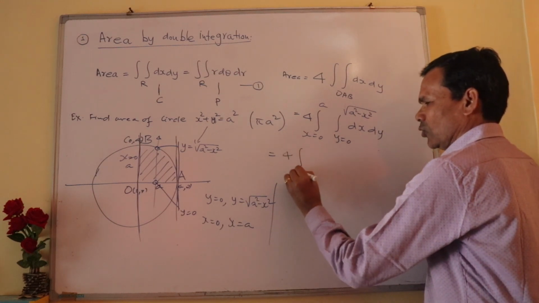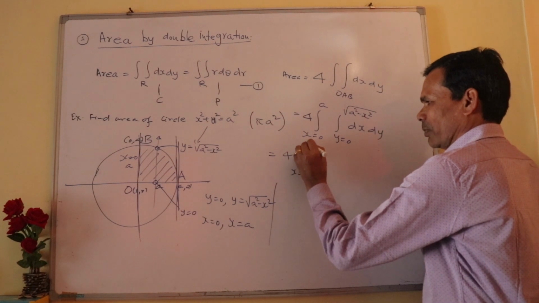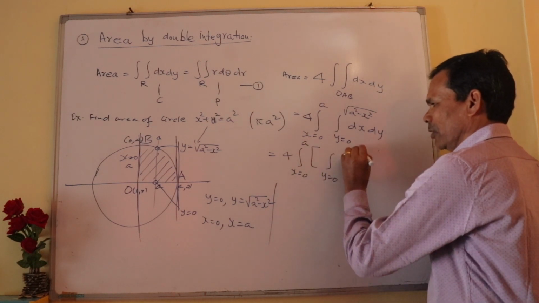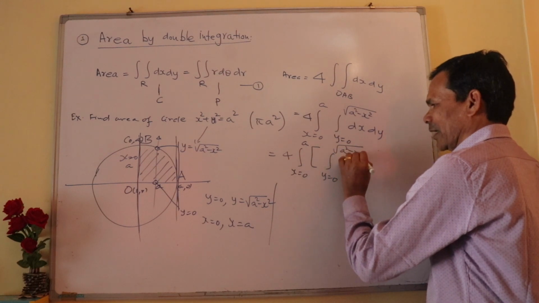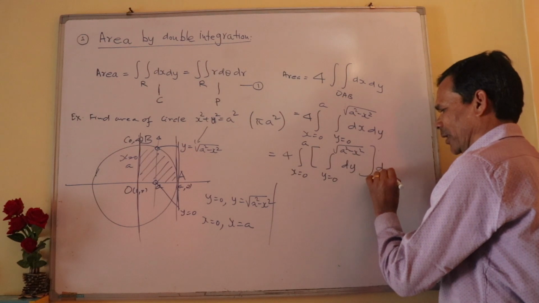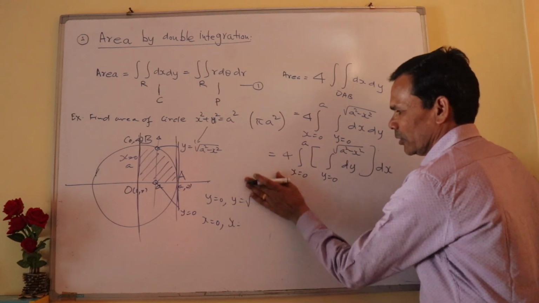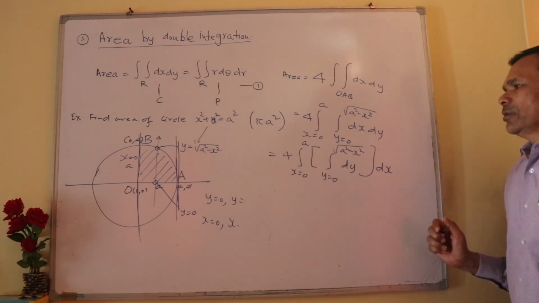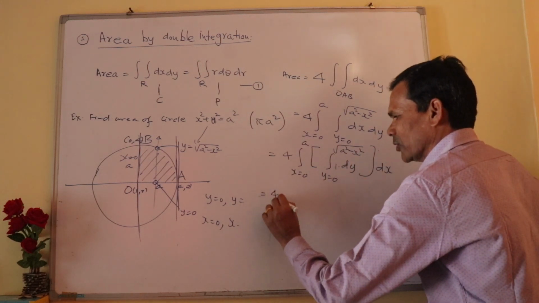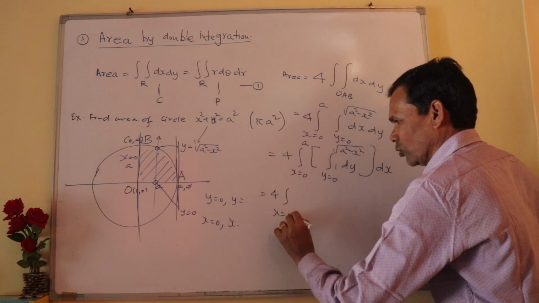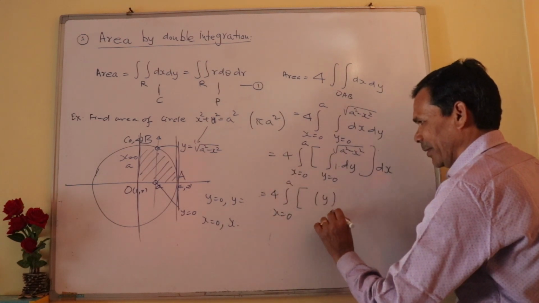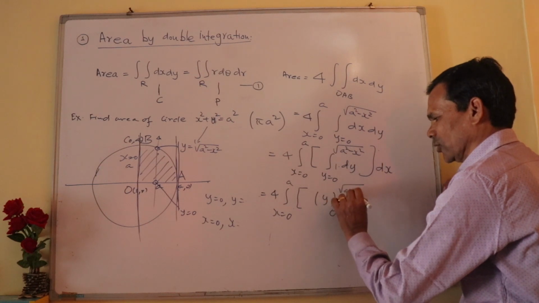So you need to integrate with respect to y here. I put it in variable separable form, root of a square minus x square into dy, and then with respect to x. I integrate this bracketed part. So 4 times x from 0 to a, and here integration y limits 0 to root of a square minus